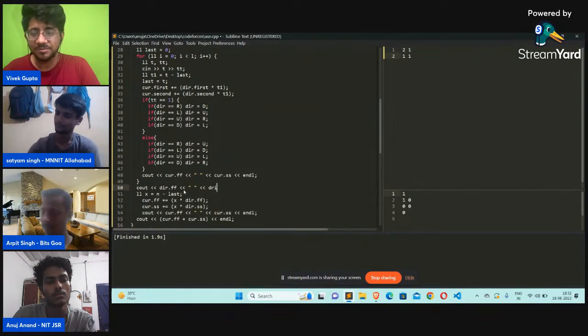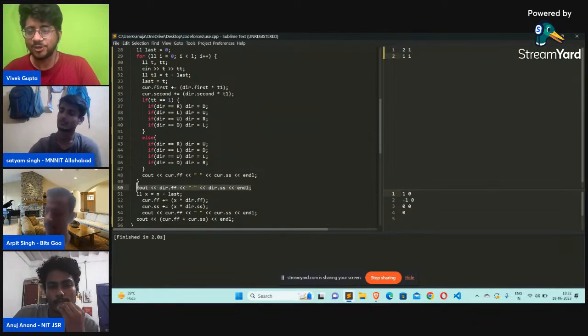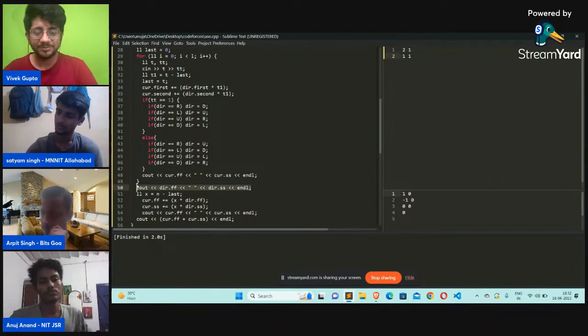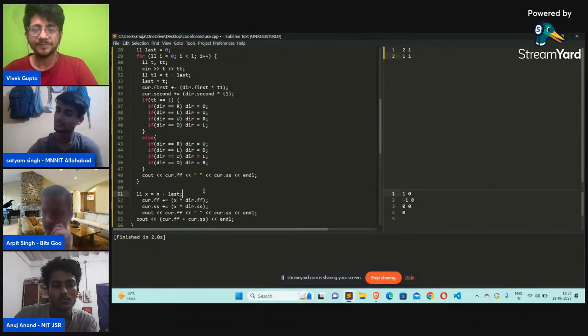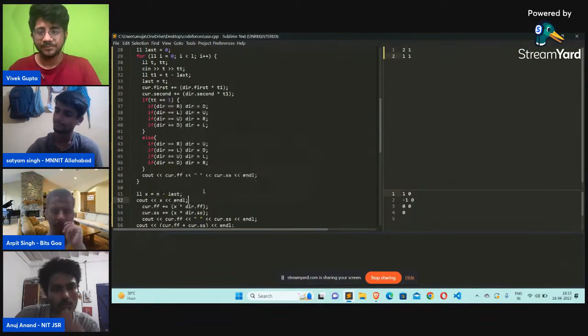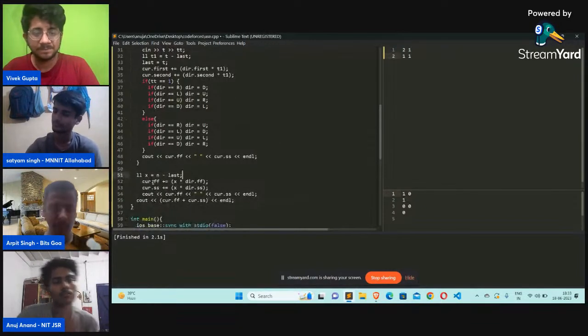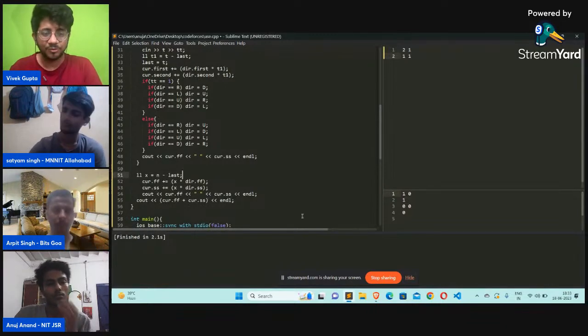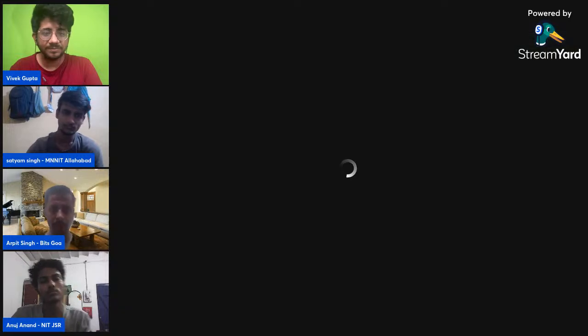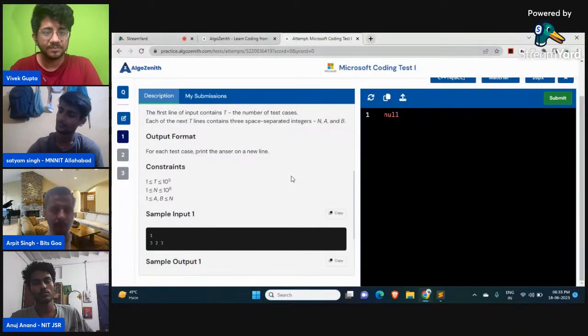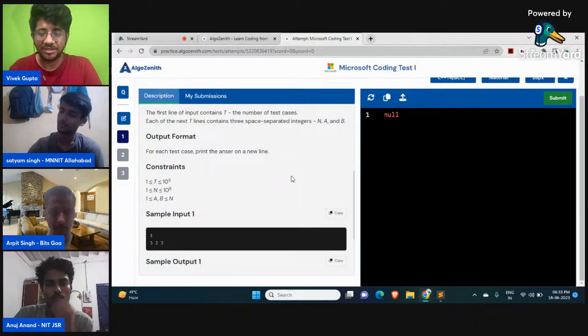Anybody else's screen you want to see? Let me know in the chat. So let's take a quick bet: do you think anybody would be able to complete the test completely? Okay, let's move to Satyam's screen as well. I haven't seen much progress on his screen. He has Sublime open. I'm not sure if he's writing on Sublime directly right now or not.